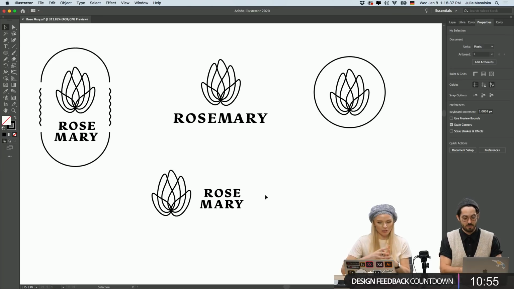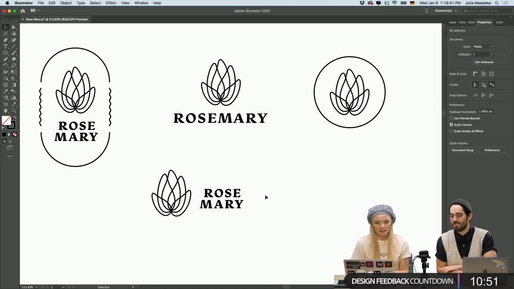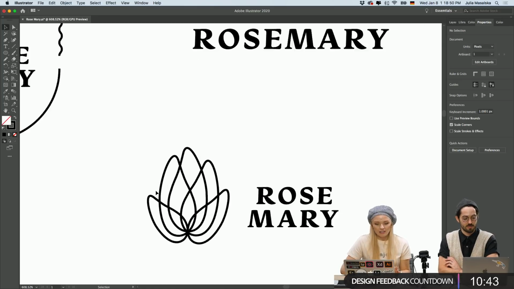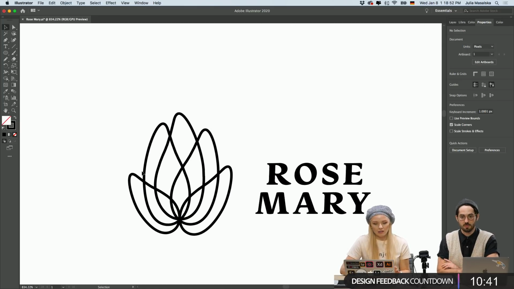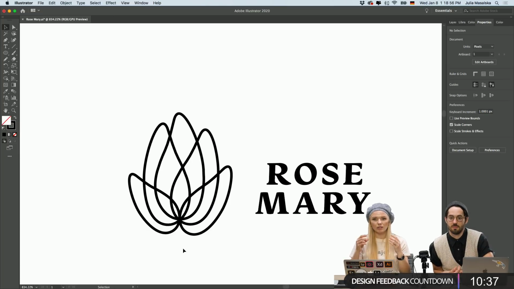Yeah, that's why it's very important to have a brand guideline file or book. Bigger companies have every little thing in their brand guideline book. For example, this flower here has to be in a certain size, has to have a certain thickness.